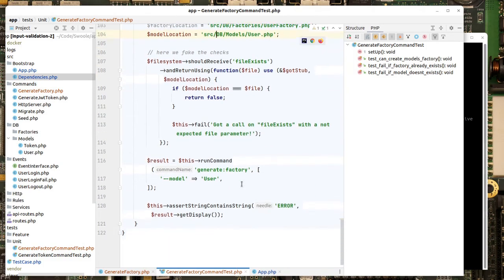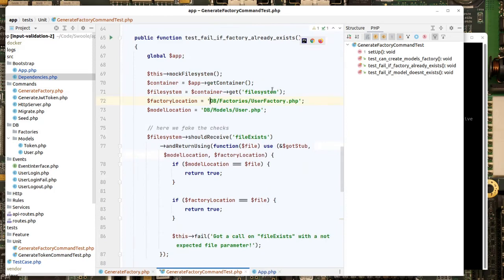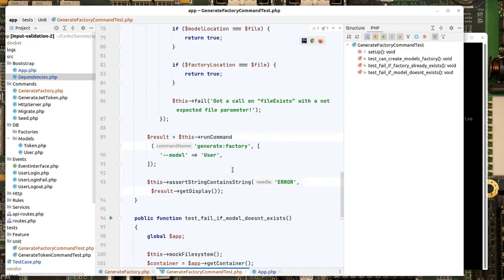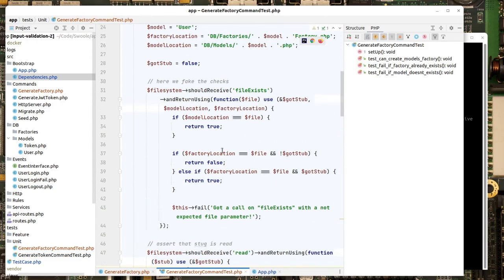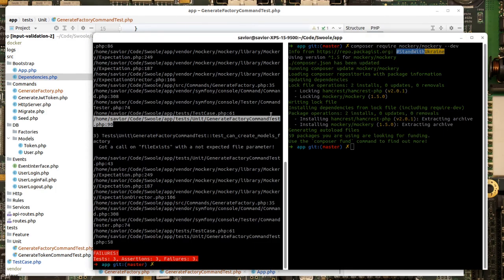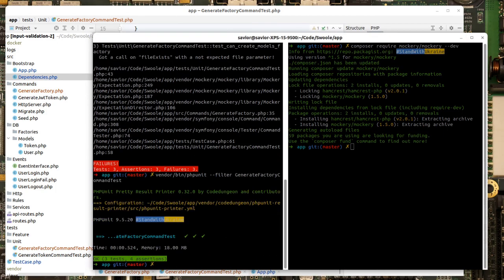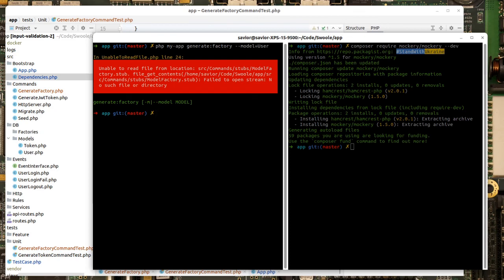right? And the stub, okay, source, no stub here as well, and stub here, source. I can probably make it better, but let's keep it simple. So we go here. Okay, now we fix our tests, and let's see if our command works. So,